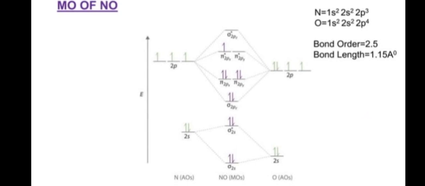And take the next one, that is anti-bonding molecular orbitals, sigma star 2s and pi star 2px or pi star 2py. So there are a total of three electrons present. That means sigma star 2s has a pair of electrons and pi star 2px has only a single electron. Therefore a total of 3 electrons are present in anti-bonding